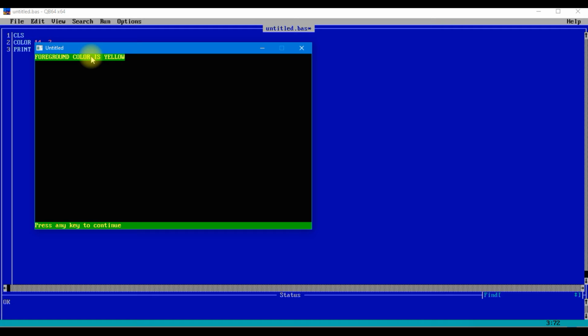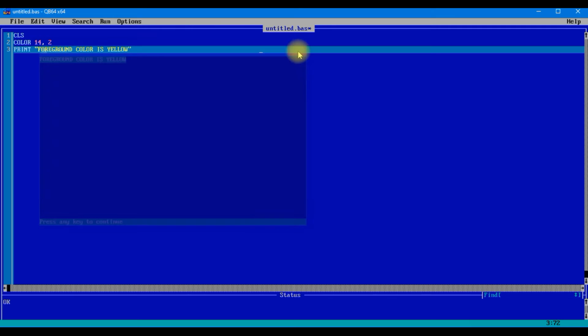But wherever the text is, that much background becomes green, and the foreground is yellow. So this is how we can easily work with colors in QBasic.